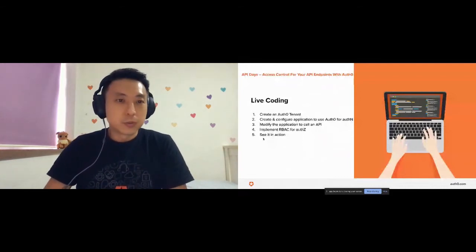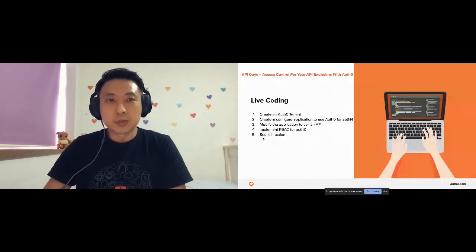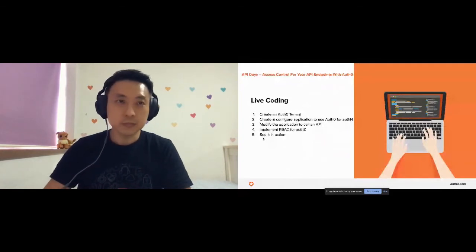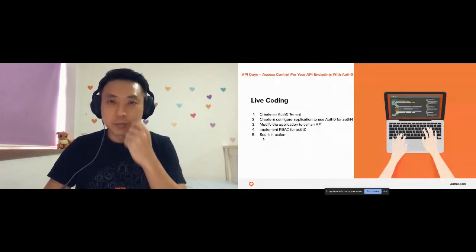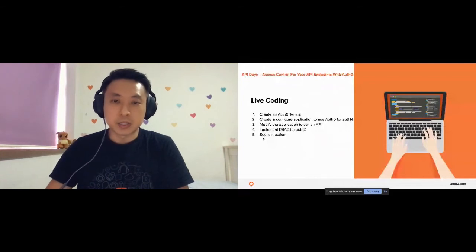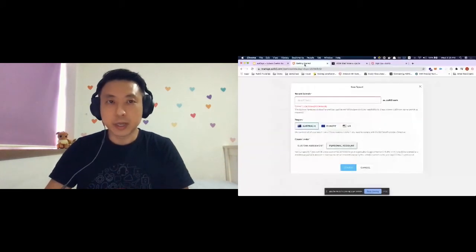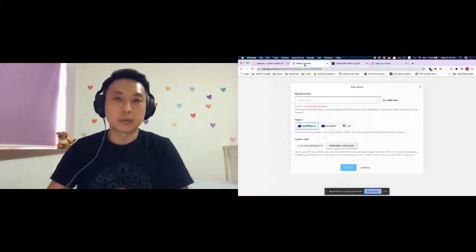Awesome. So first thing we need to do is to pop over to auth0.com and click the sign up button to sign up for an Auth0 account. It's as simple as just entering an email and a password or signing up with one of these social providers here. Once you sign up for an Auth0 account, Auth0 will direct you to create